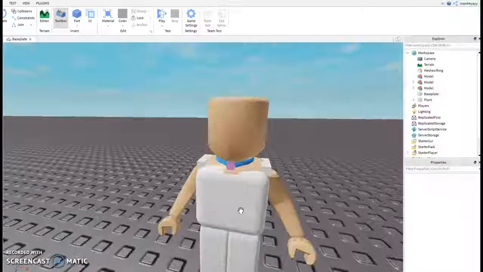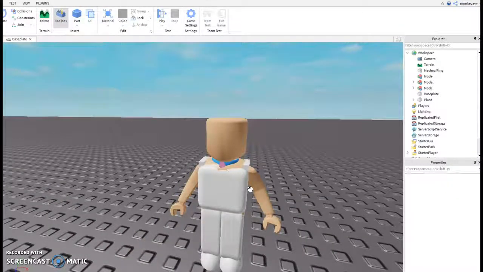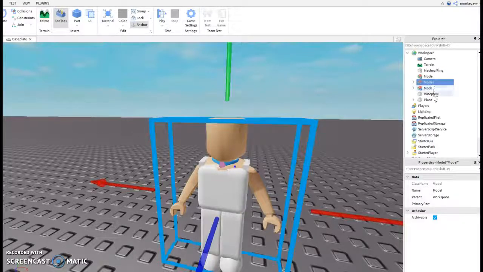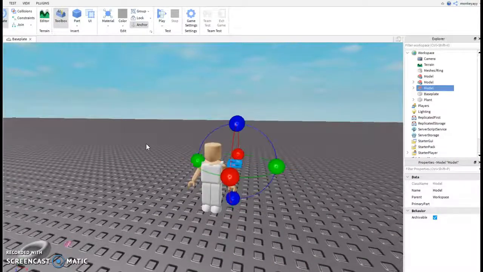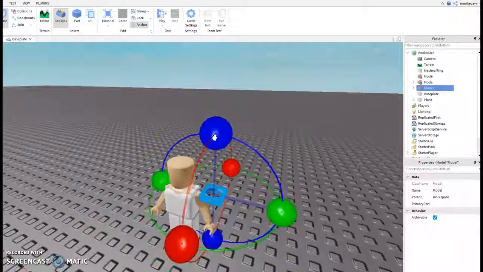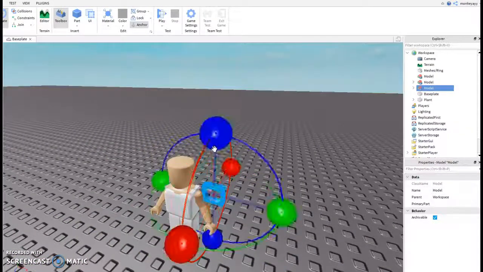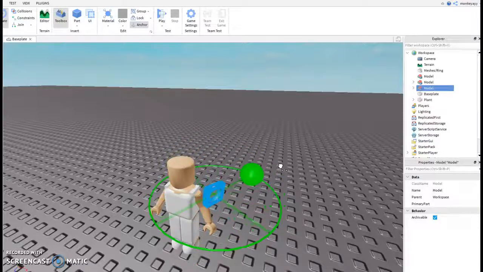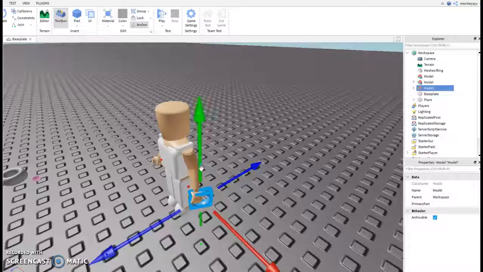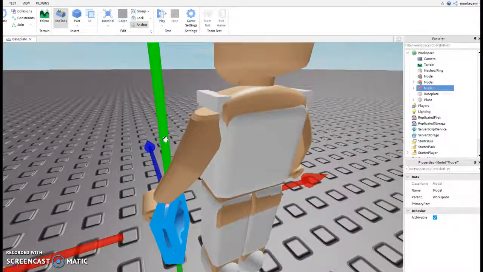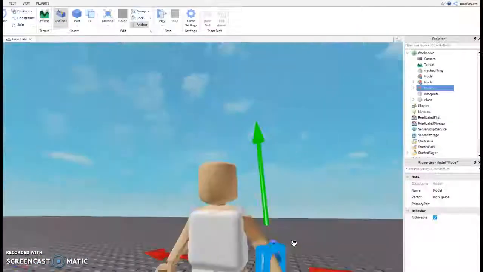So now maybe I'm going to show you a bit more of the rotating and the scaling bits of Roblox Studio, and how you can make a bracelet from just one model and then changing it to another. So what you're going to have to do is very straightforward. You're just going to have to rotate it to whatever place you want. So say for example I want it rotating, so I probably need it like that, and you want to place it right onto where you're going to put it, but we're making a bracelet, so you want to put it on the hand,